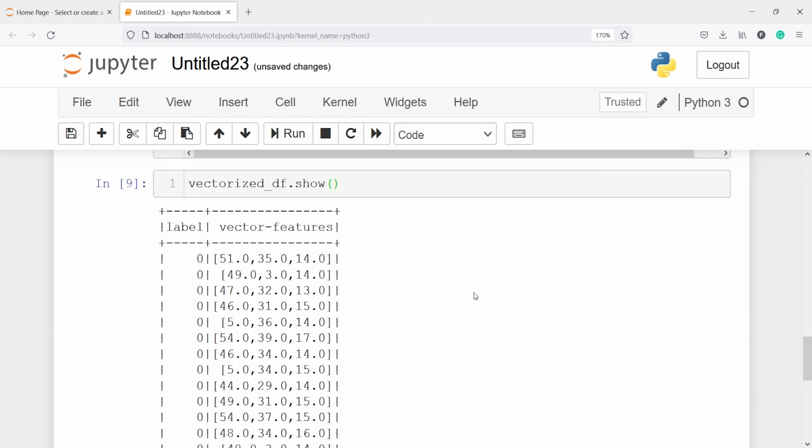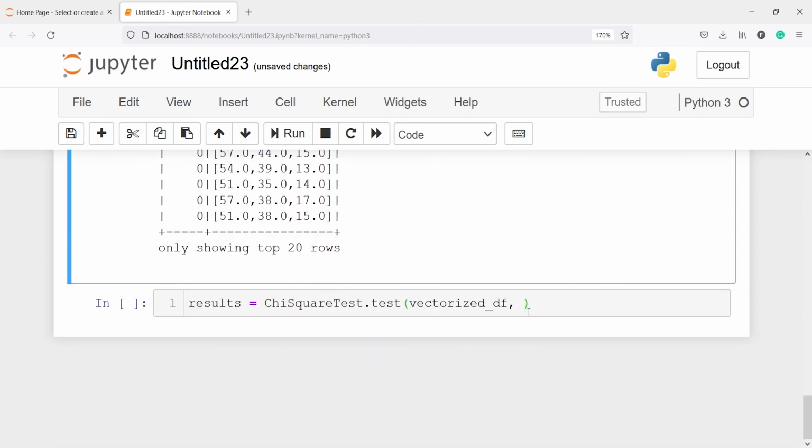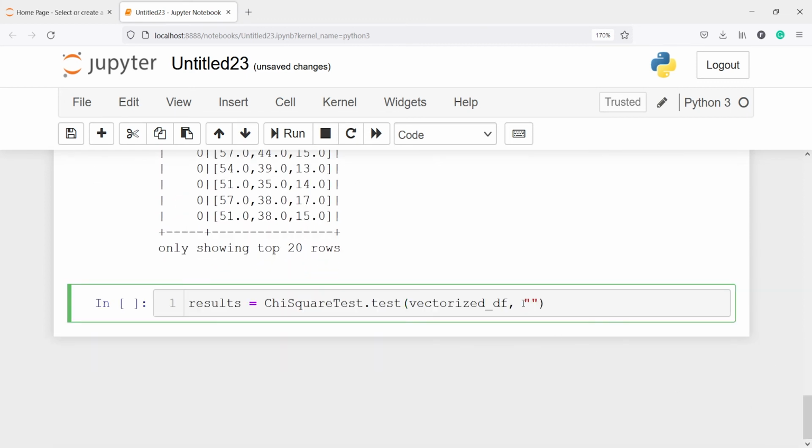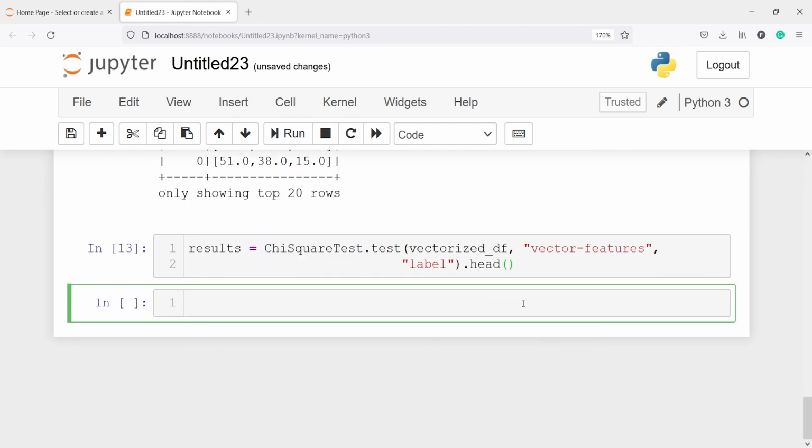In this data frame we have two columns. The first one is label and the second is vector features. I'll copy this column name from here. My first column is going to be vector features, and my second column will be label. Then I will use the method head here. Let's execute our code. So this will save the result in this variable results.